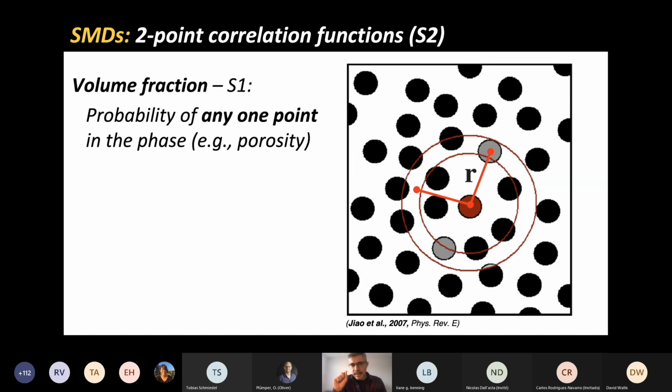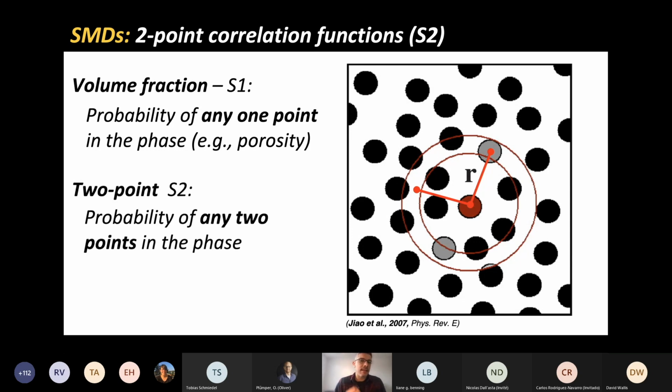If we look at the probability that any one digitally sampled point in this image could be either in the black or white phase, choose one of them. This is called the S1 or volume fraction. So very simply, this is like porosity, right? So that's the volume fraction of a phase. Everybody knows this concept. A slightly more complex concept is what's the probability that 2 points at a distance, say R, fit in the same phase? This is called the 2-point correlation function, right?